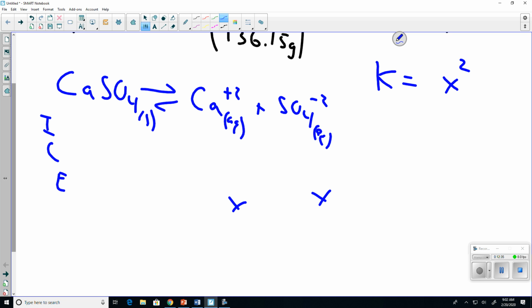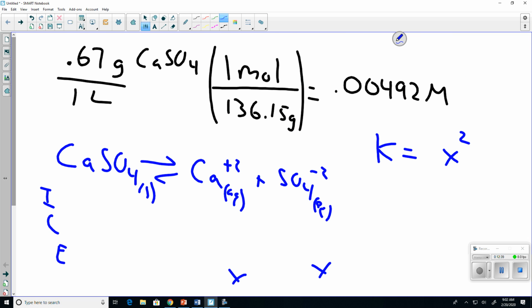What is the concentration of each thing when that comes along? It's that guy right there. That's our X value. So if I give you either the solubility or the molar solubility, that is the value for whatever has a 1 coefficient in front of it in this equation. Which means if I wanted to solve for my KSP, it'd be